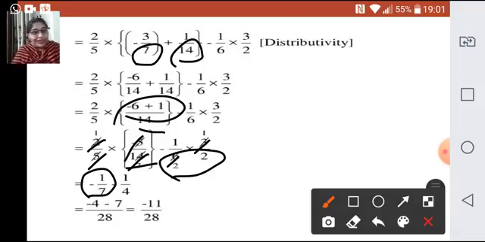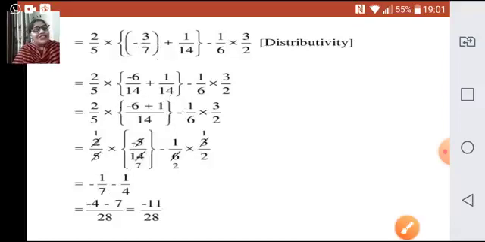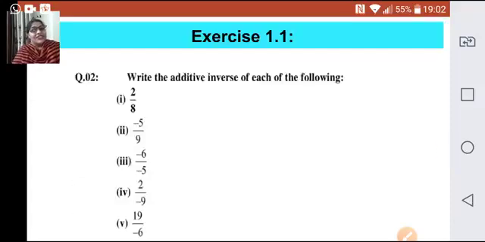Again here we cannot directly add or subtract because there should be like fractions. So to convert it into like fractions, we will again take the LCM of 7 and 4. It will be 28. Hence the numerators are now changed. That is negative 4, negative 7, which will be negative 11. Right? Integers. When there are two negative integers, you add them, but the sign will be negative. I hope this is clear, children, now. Only the thing is how to use the properties, that you have to be careful about. The rest of the things, how to solve the fractions, how to take the LCM, how to solve the integers, you people have already studied, children, in the previous sessions. Right? So let us move ahead.